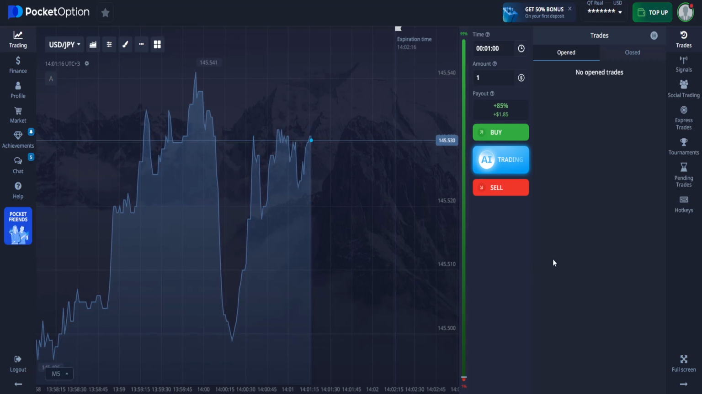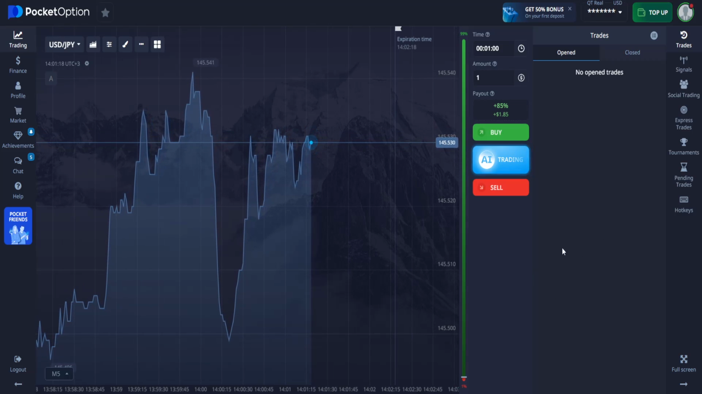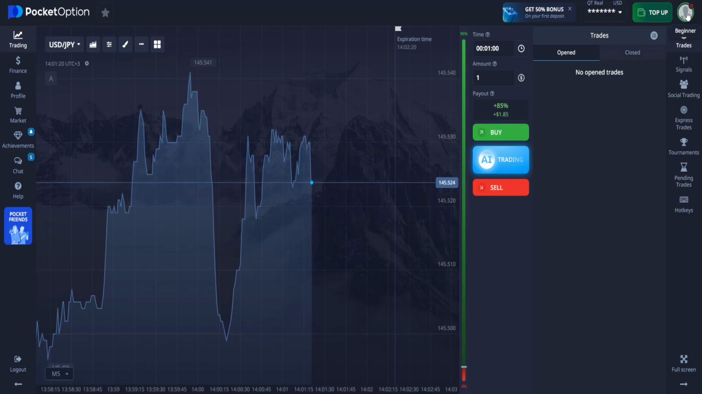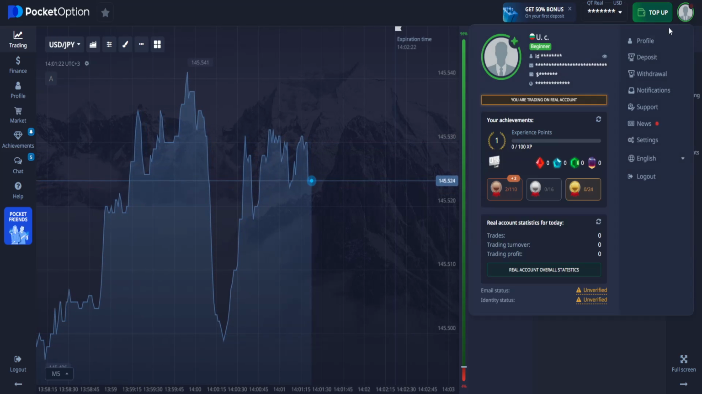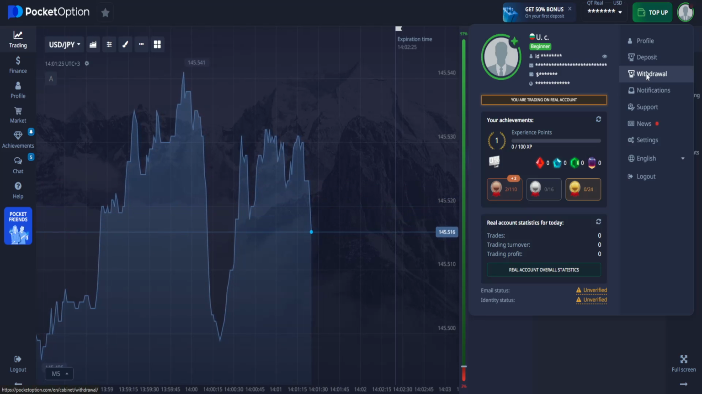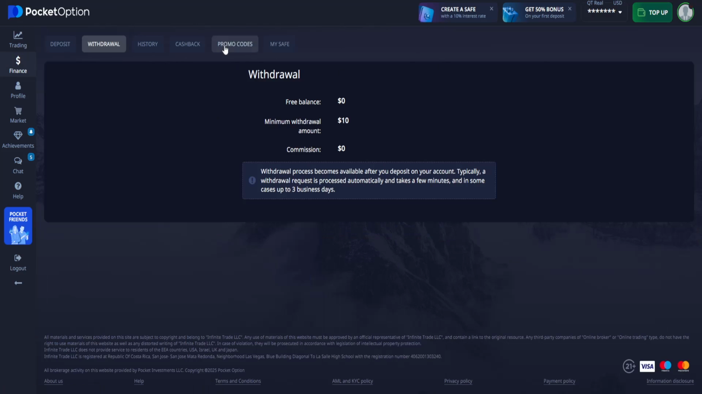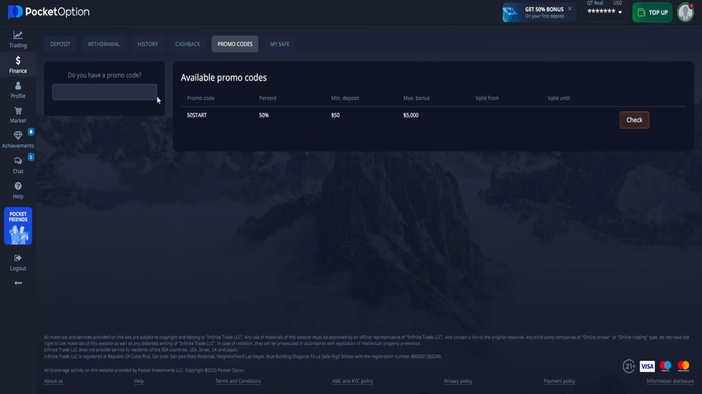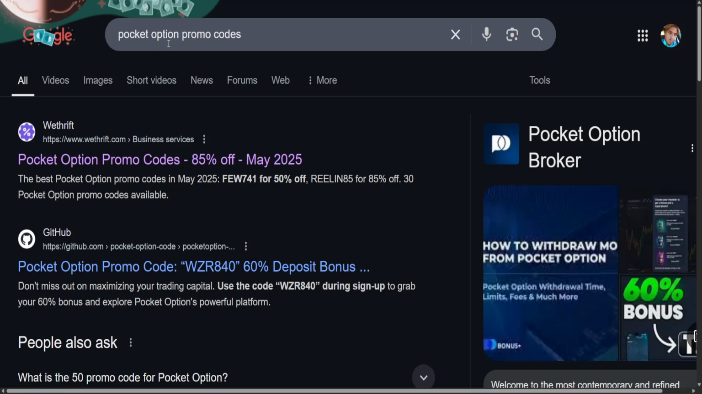How to get Pocket Option promo codes and how to use them. First, you want to go into Pocket Option, then click on your profile icon in the top right. Now right here we will go into withdrawal. Now you want to go into the promo code section, and here I've just gone to search for promo code or